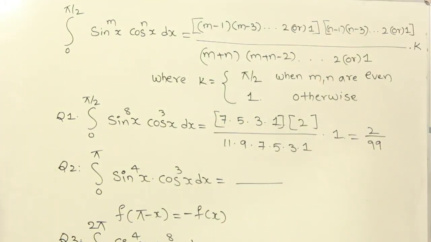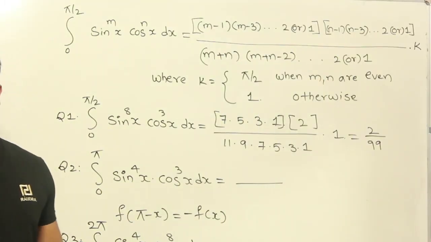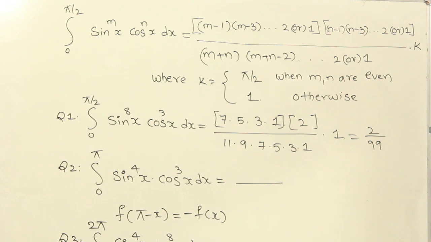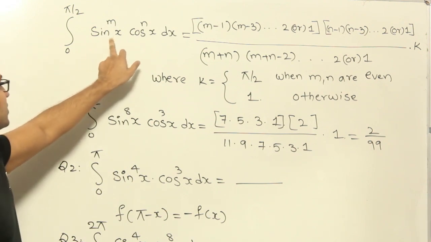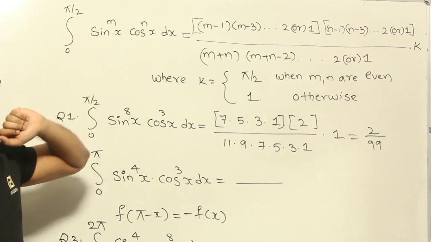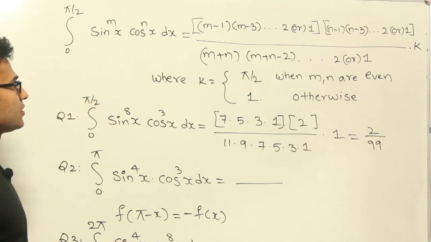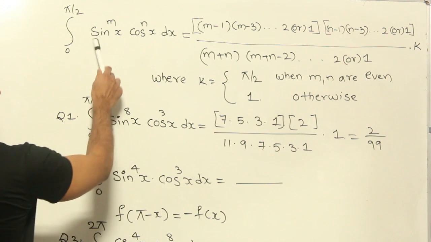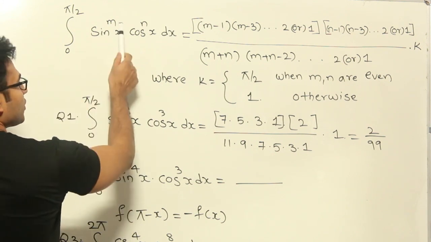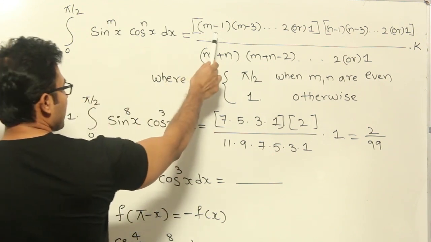Now let's see one more property. I'll show you the property first and then we can solve the questions on it. The property is the integral from 0 to pi by 2 of sin power m x into cos power n x dx, which is equal to: whenever you have any such combination, you take m and write m minus 1, m